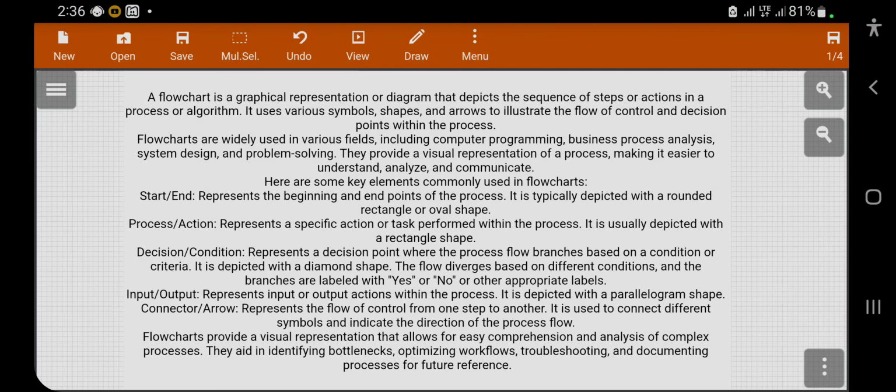Today we're going to be discussing flowcharts, a flowchart that calculates the sum of squares given input of numbers. Before we deep dive into solving this problem, it's good practice for us to understand what a flowchart is. A flowchart is simply a graphical representation or diagram that depicts the sequence of steps or actions in a